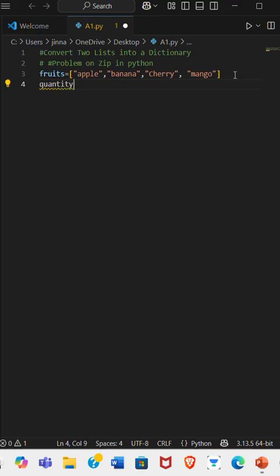Okay, now what I need to do, I need to allocate the quantity of these fruits. So I've created a new variable, quantity. I'm giving here, let's say, apple is 5, banana is 6, cherry is 8, and I can have mango as 3. So I can just edit it. Now I want that apple,